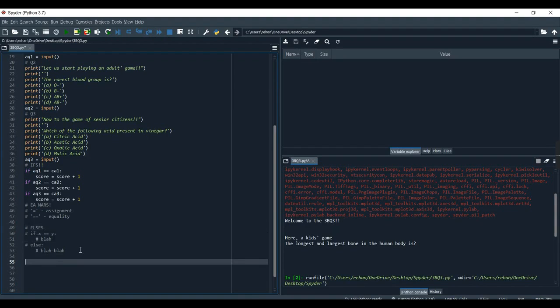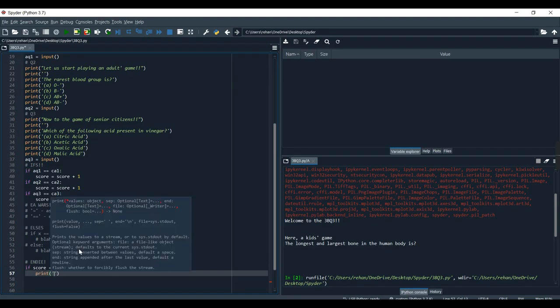Let's get started with the last one, AND. Okay, so now over here we're going to be printing out: if score equals 0, then what should we write? We should write print, oh please retry,